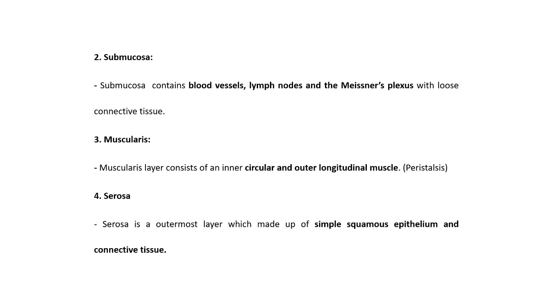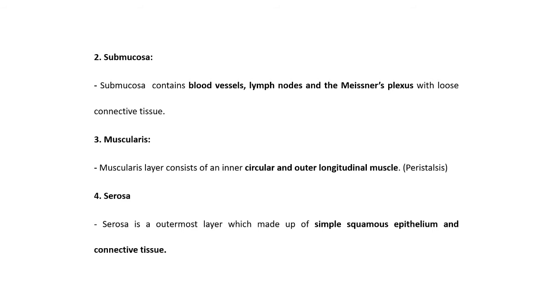Then the third layer is muscularis. Muscularis is a highly contracted organ of small intestine. It consists of circular and longitudinal muscles. At the inner side there is a circular muscle, while at the outer side, longitudinal muscle. So these opposite